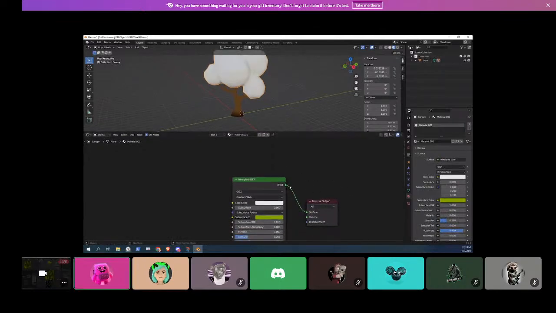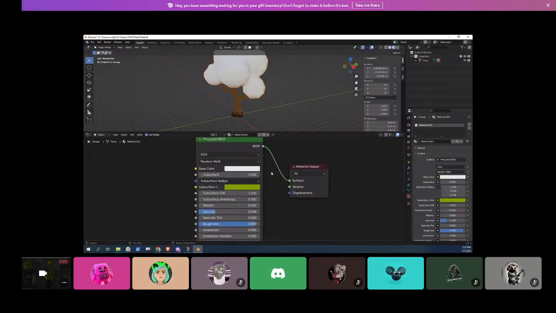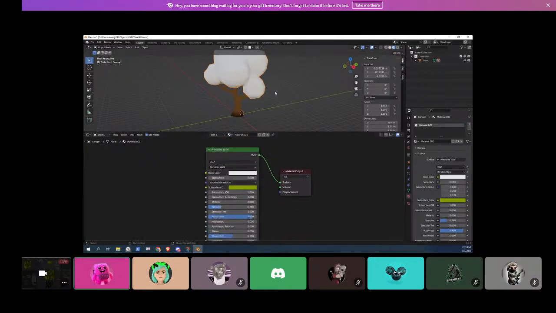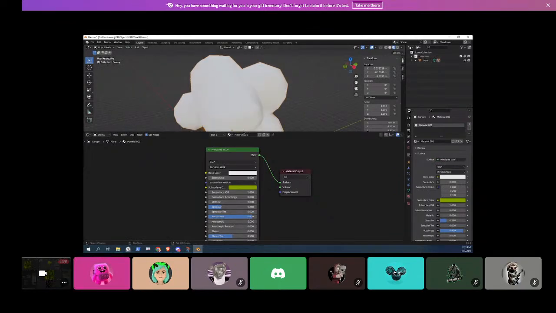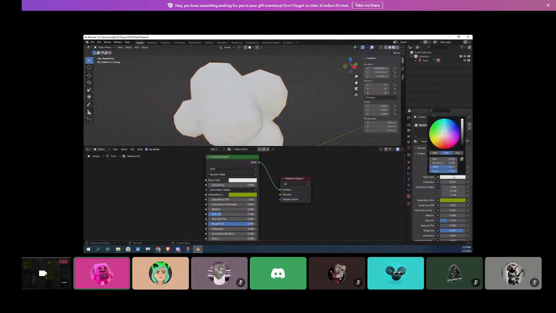So typically this is what we have, right? When we first create a material. So here over on the base color, I'm gonna pick,